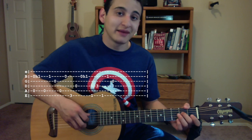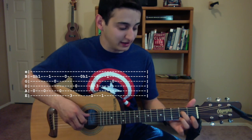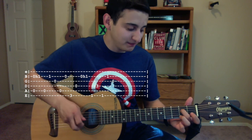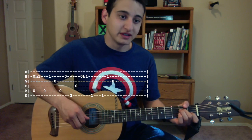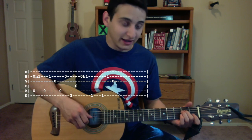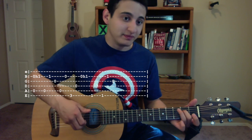So starting with that A minor 7th, you're going to put your middle finger on the 2nd fret of the D string again, and then leave the B string open. You're going to pluck A and B at the same time, hammer onto the 1st fret of the B string, and then you're going to pluck the open A again, 1st fret B string, and then you're going to pluck an open G, open A, take your index finger off the B string, pluck an open B,